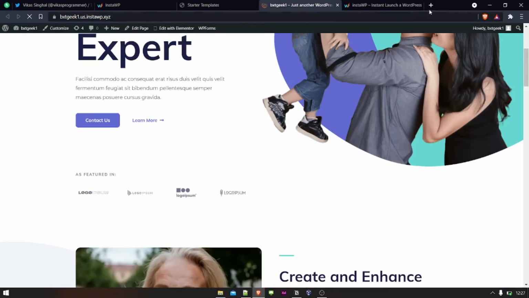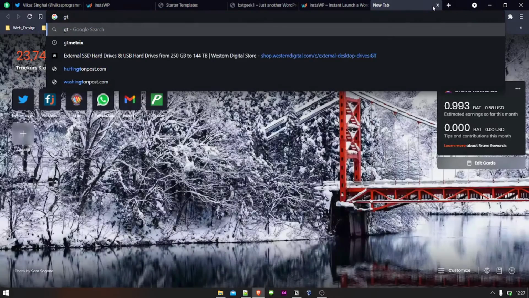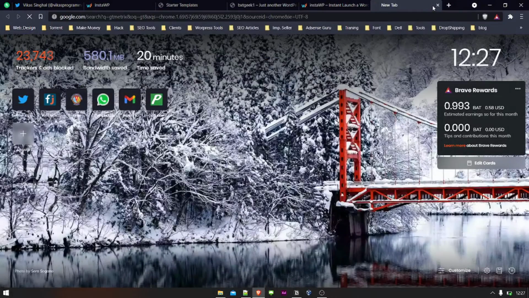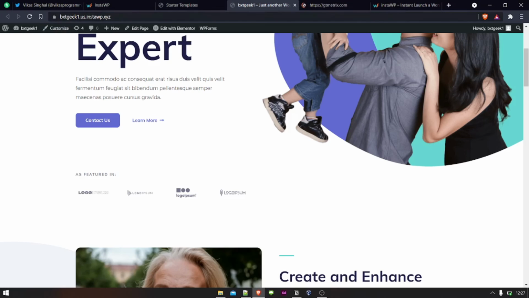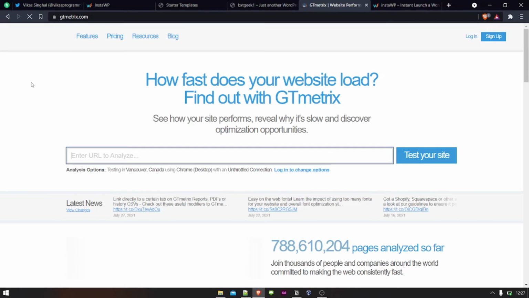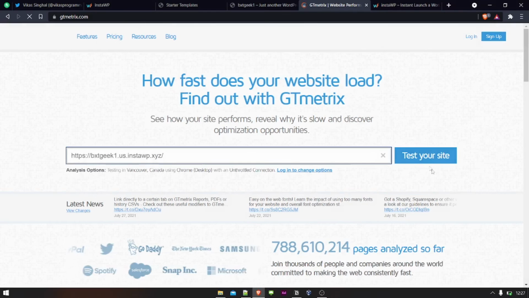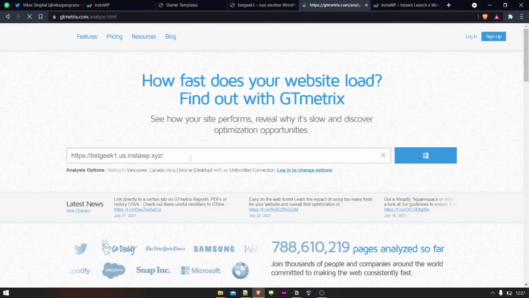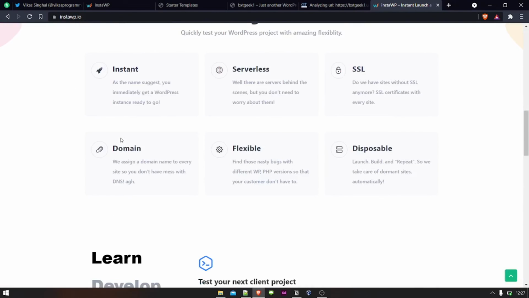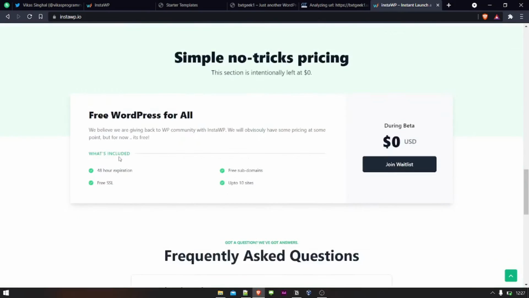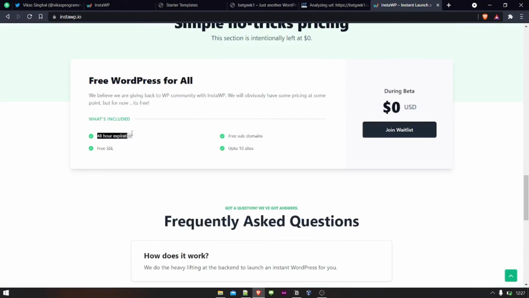So let's run GTmetrix on this. Just copy and paste this and let's see the speed. And one more thing: if you scroll down, the website that we created will be hosted only for 48 hours.